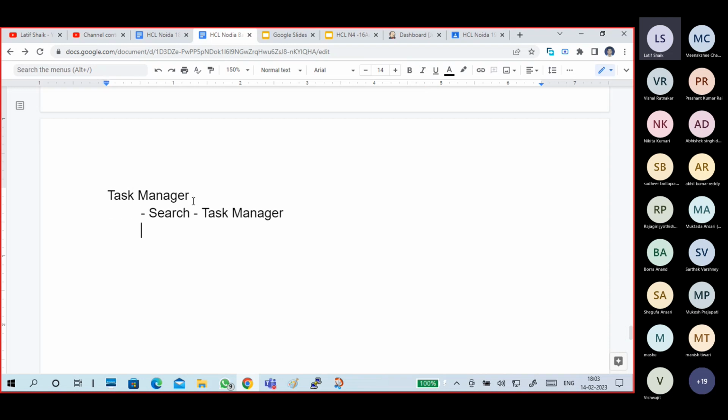You can open it from search, or use Run or the command prompt; it's a little different.